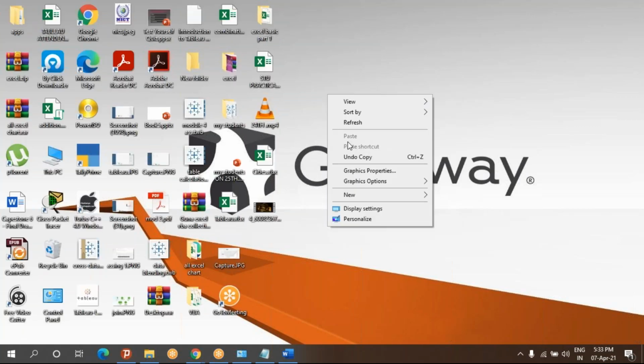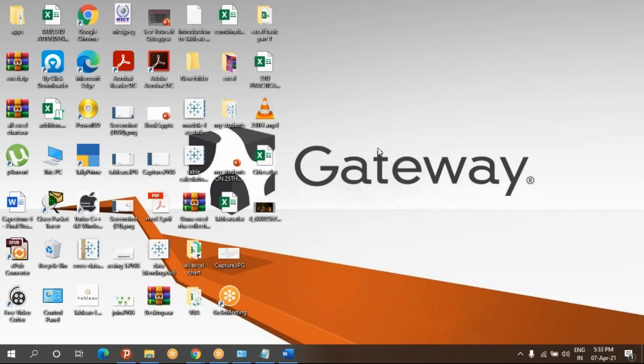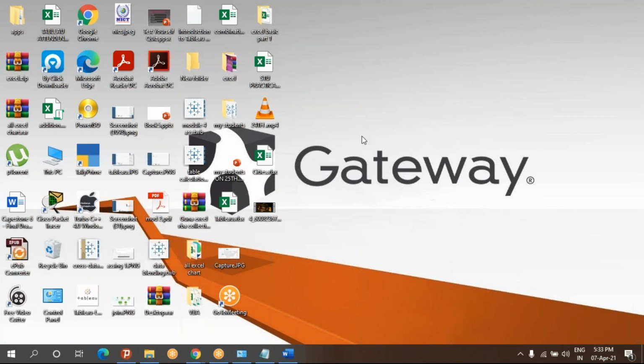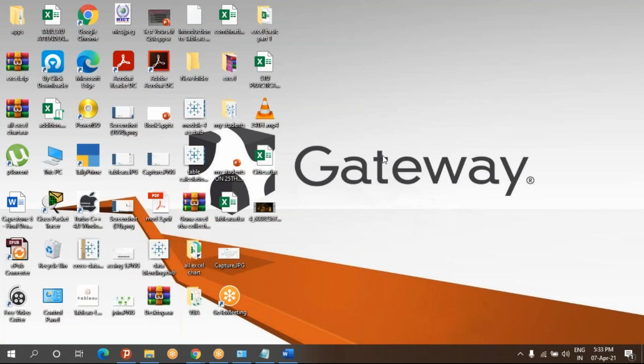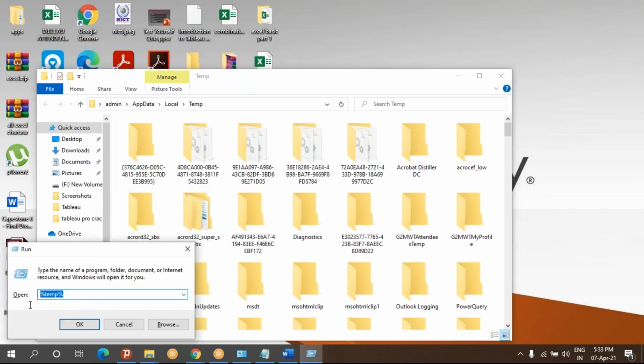See, it has been uninstalled now. Is it audible? Yes, sir. So once it has been uninstalled, I'll refresh it. I'll go to the Run command and clear the temporary files. The command is nothing but %temp%.